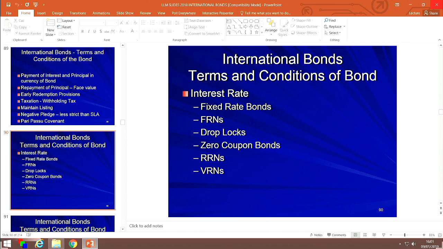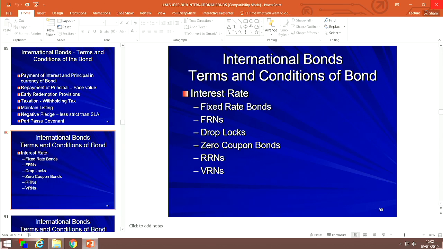And what happens in the markets in relation to such a zero coupon bond is that the value of the bond rises and goes on rising nearly to 100% until the date on which the bond is to be redeemed. So there's a rise in the value as it nears redemption date. Why? Because redemption is at 100% of face value. So to that extent, although issued at a deep discount, and the interest rate clause says no interest shall be paid, on redemption date it reaches full face value of 100%, and an investor will get that 100%.